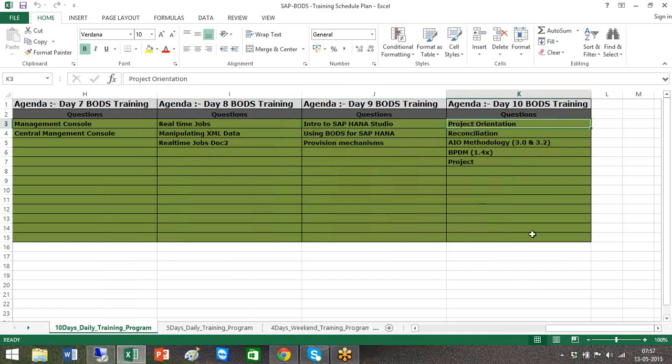Then we will have a project orientation, the BPDM's best practices for data migrations, the methodologies, AIO and BPDM. And currently we also have something as a new form of BPDM, which is called RDS, Rapid Deployment Solutions. And after that, we will talk about a project, my recent project, where we did something additional to what data